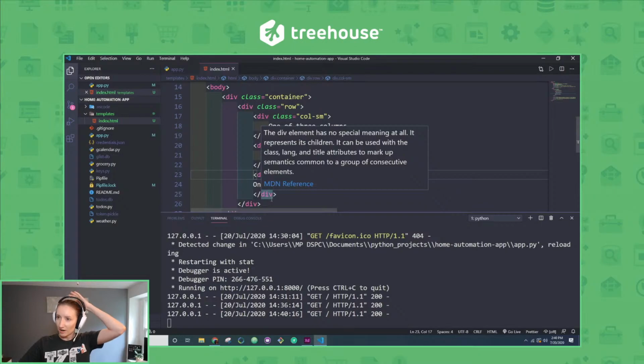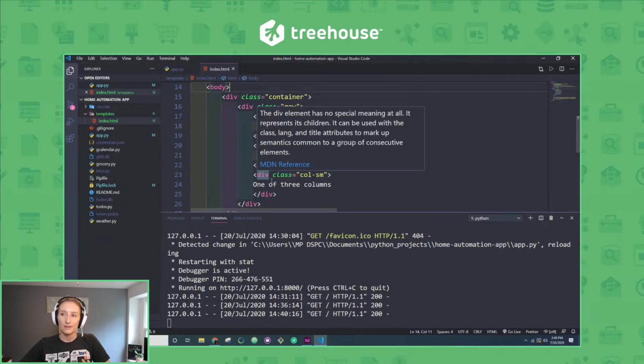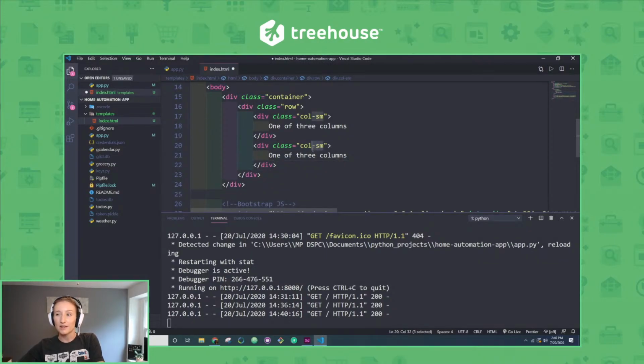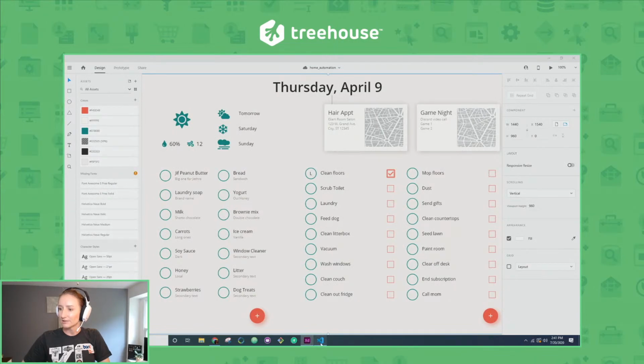So for our header, we're going to need just one column. So I'm going to delete out one, and I don't need the small that just says the size of the columns, but since we're only having one column all the way across, we don't really need it. Okay, so this is going to be our date. So today's date, how did I have it in our design? Thursday, April 9th. So today is